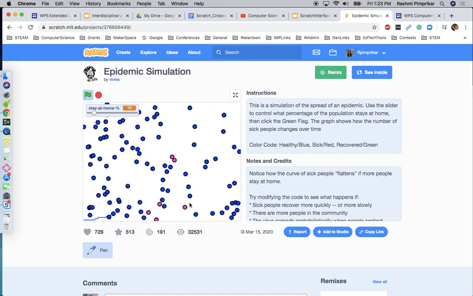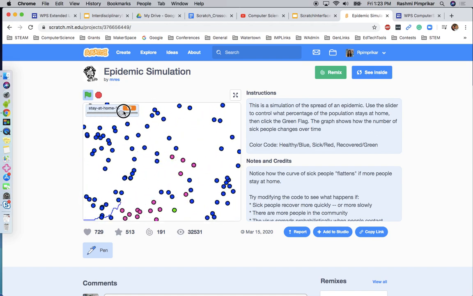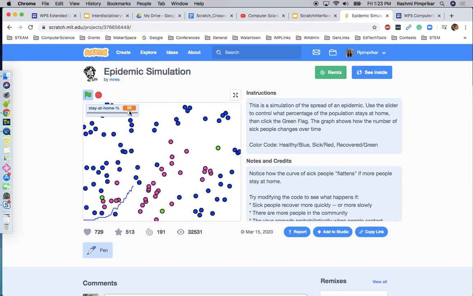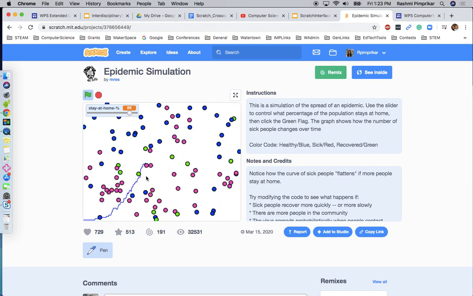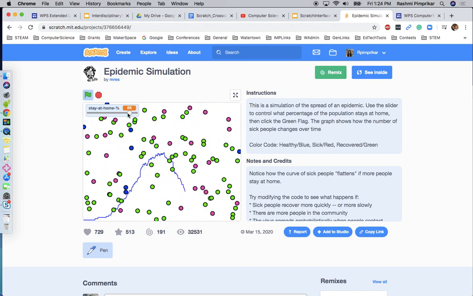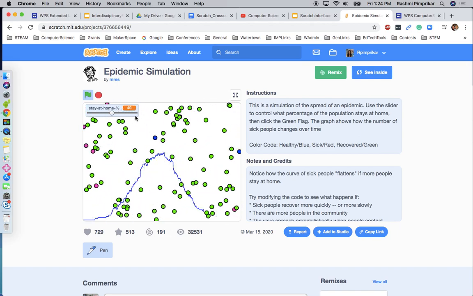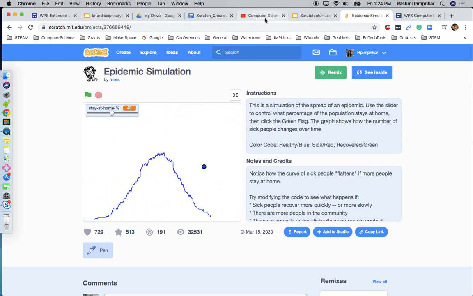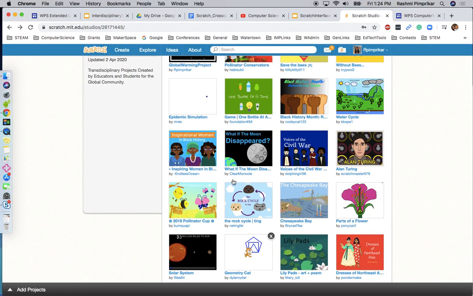So just continuing with that tradition, you always want to make sure that you are also giving due credits. So as you can see, if I increase that, you can see the spread increases, and more people or objects are getting infected. So that's a nice little epidemic simulation, very apt for the times right now. I'm going to go back to my